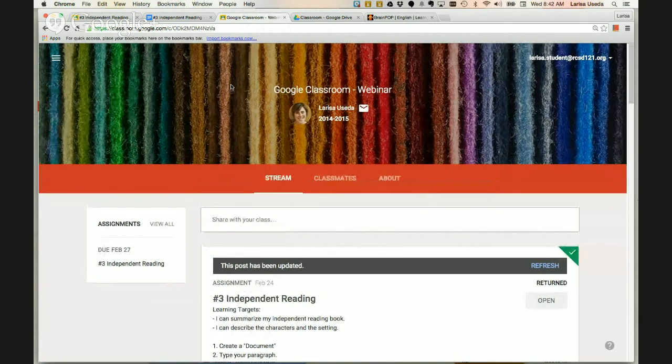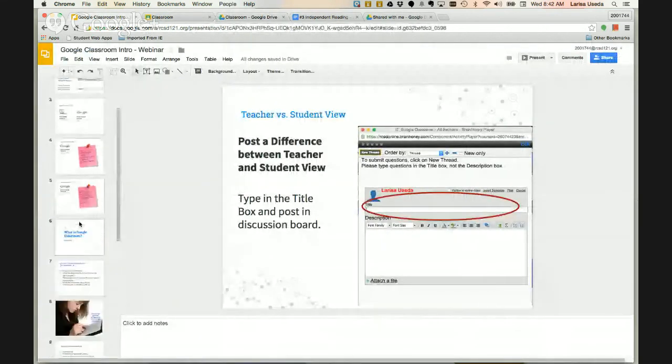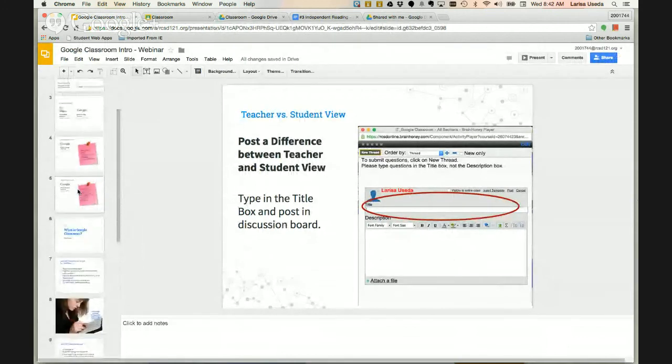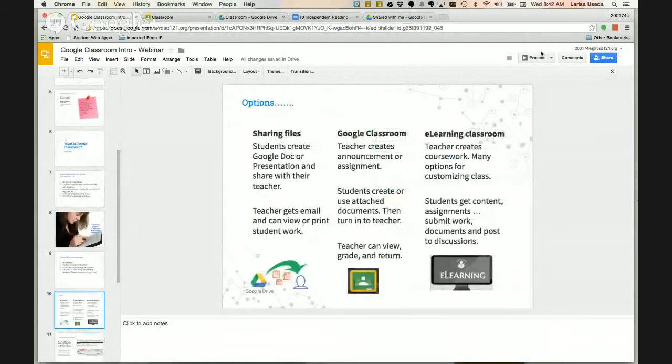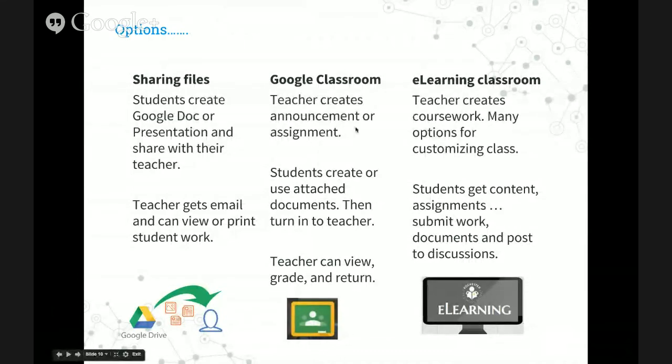Okay, so we have gone over the student view. We've talked about Google Classroom, what it is, what it isn't. We've compared Google Classroom. We've looked at the student view, the teacher view. That last option we talked about for e-learning, I'll just go quickly into that. We have a chart